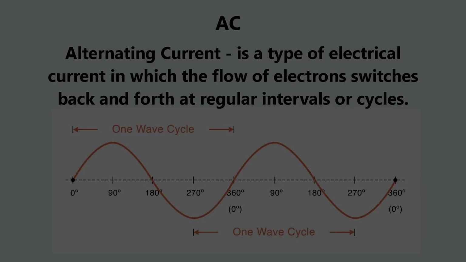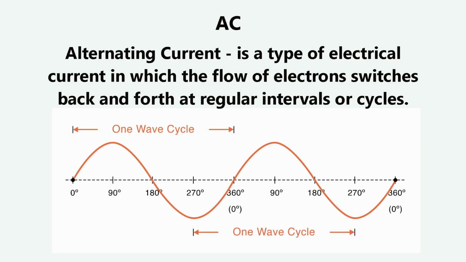The next term we're going to talk about is AC, which is alternating current. Alternating current is a type of electrical current in which the flow of electrons switches back and forth at regular intervals. Okay, if we take a look at the graphic here, we will see that the horizontal line represents time